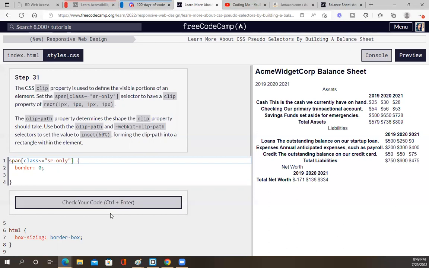The CSS clip property is used to define the visible portions of an element. Set the span.sr-only selector to have a clip property of